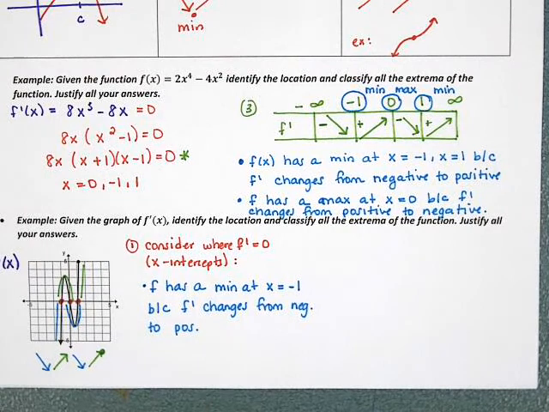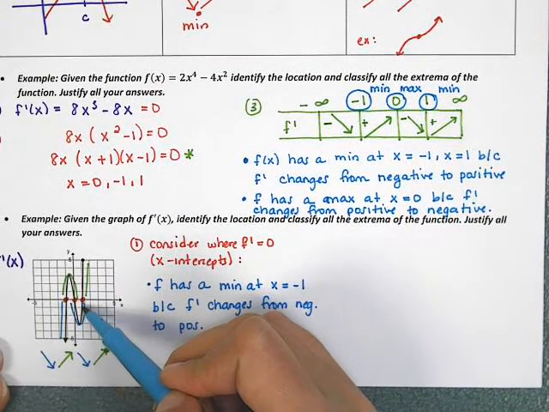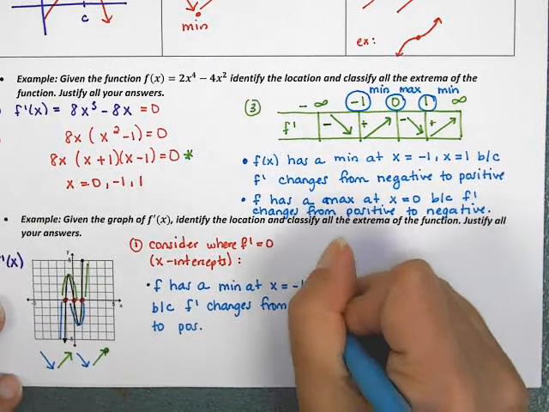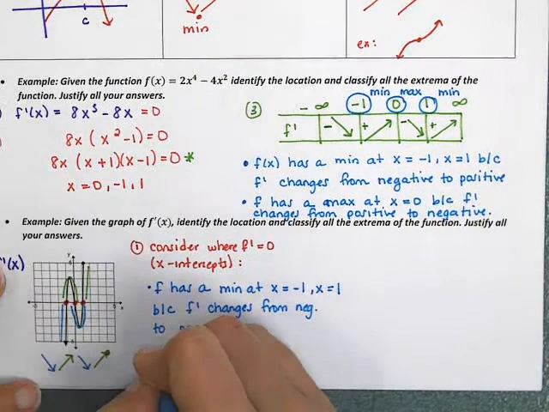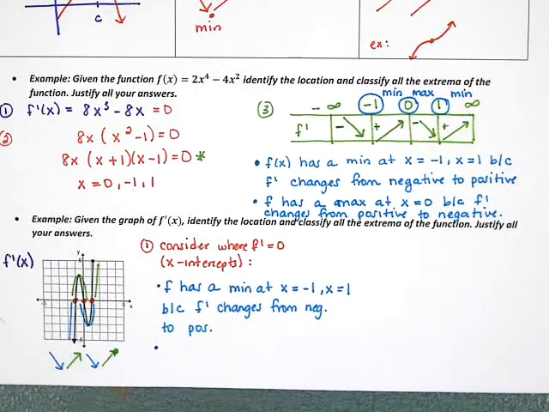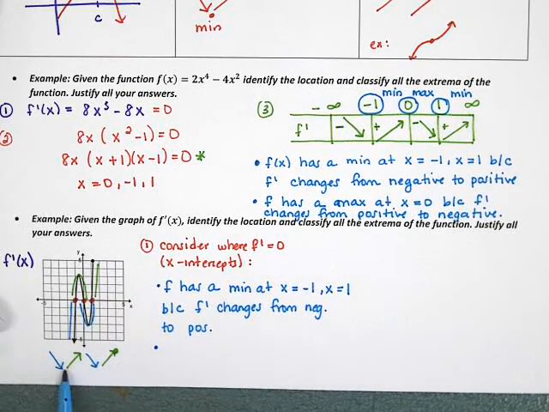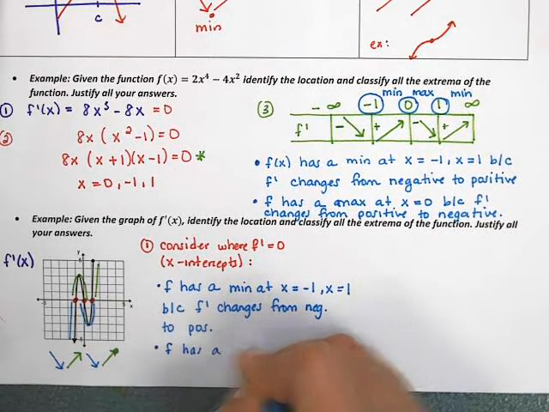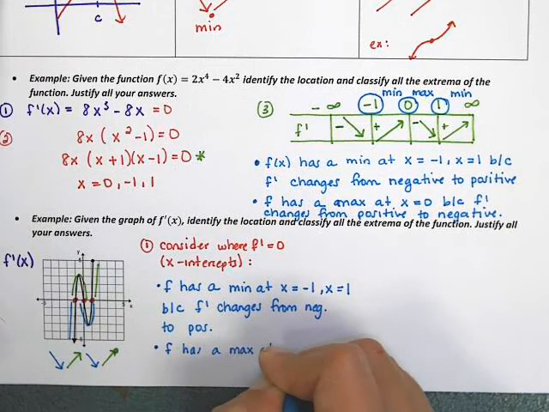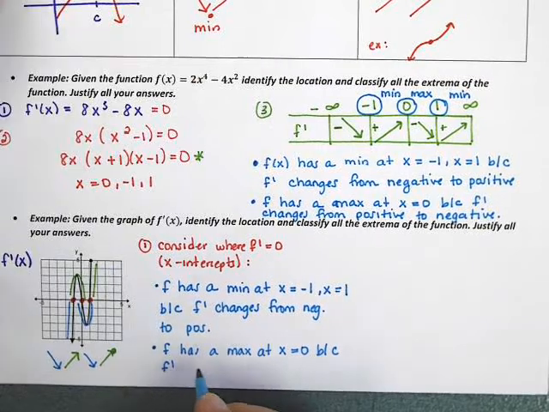Now there's another place where f has a min. The second place where f has a min is at x equals positive 1, because that is another place where the graph changes from below to above. So x equals 1 would be another place. The last maxima or minima that we get from the x-intercepts is at 0. Here the graph is switching from above to below, so from uphill to downhill, which means f has a max at x equals 0 because f prime changes